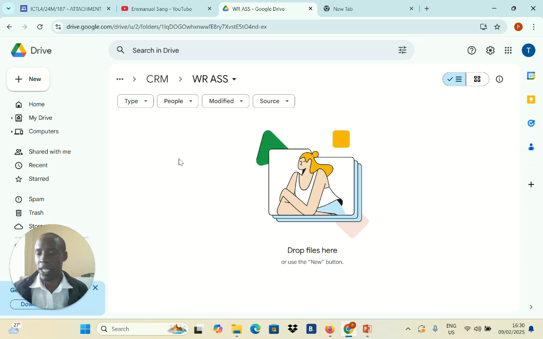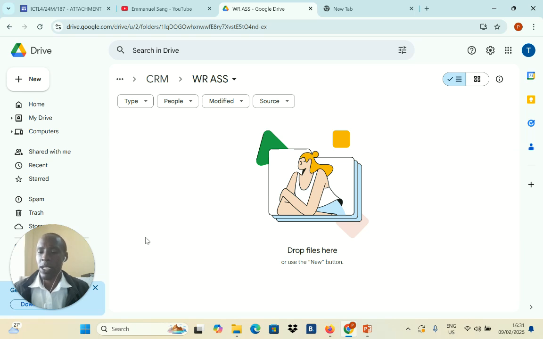You have to scan as a trainee. You have to scan your script from page 1 to the last page. In Cam Scanner, you scan, keep on adding page, and then you scan and then add another page until you finish. And then when you want to save it, you give the name, maybe CRM written assessment. And when you want to choose the save location on your phone, you go to save on, choose Google Drive. When you choose Google Drive, ensure also, if you have two emails in your phone,